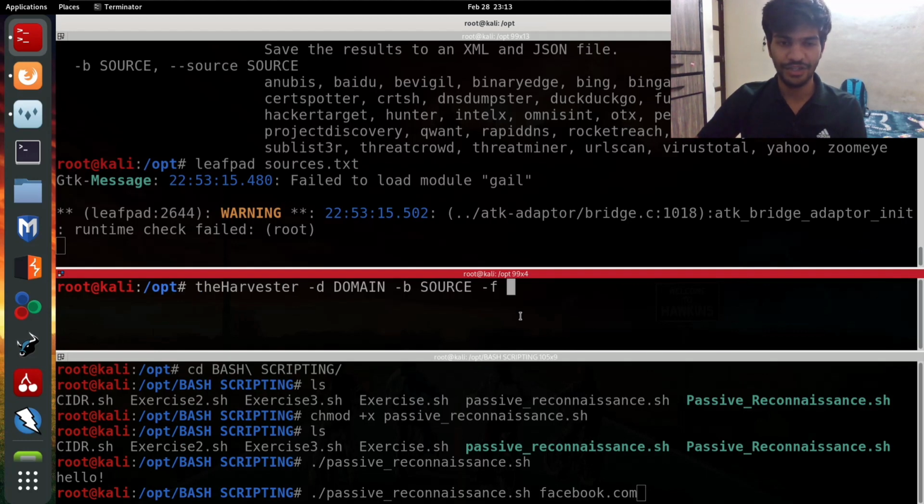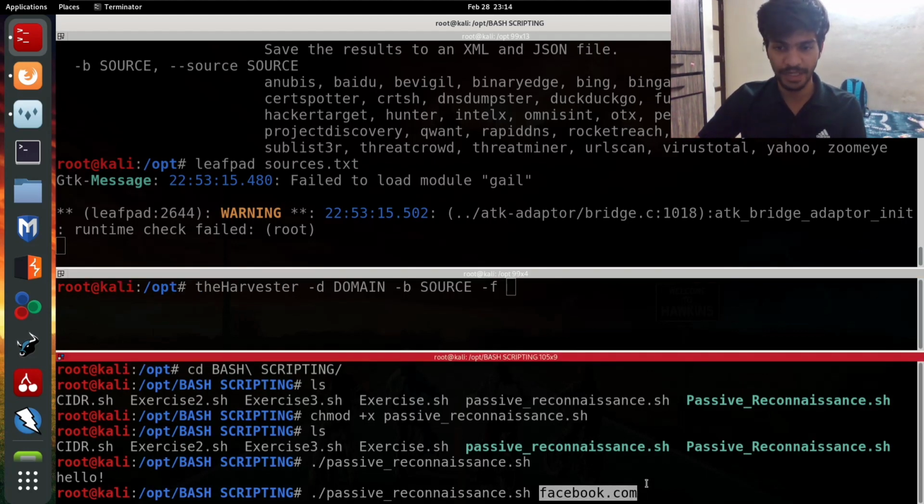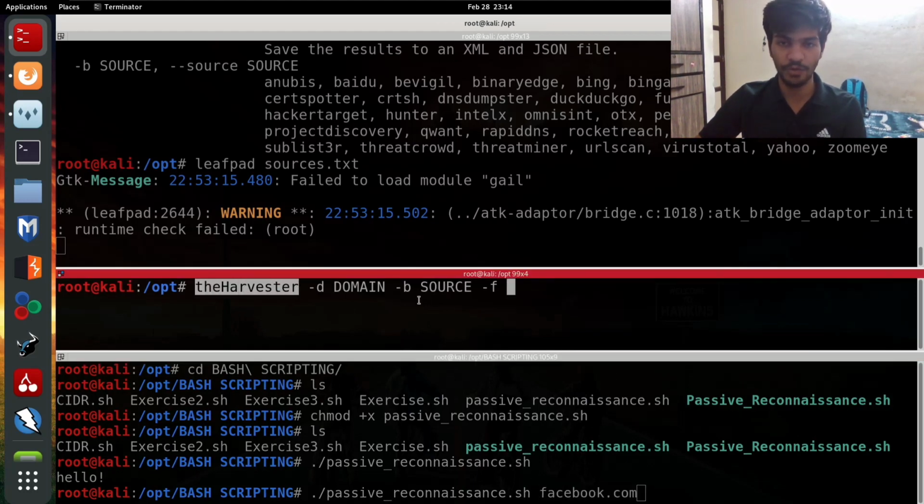In the next lecture we are going to write a bash script in which we are going to pass the domain as an argument, and after passing the argument the bash script will run the harvester against the domain. For each of the sources we are going to specify in the bash script as well. Okay, and all of the data will be saved to the JSON and XML files, and in those JSON files we will calculate how many total subdomains we got using the harvester. And at the same time we are going to use another tool which is called subfinder, which is part of the project discovery.io in the same bash script.